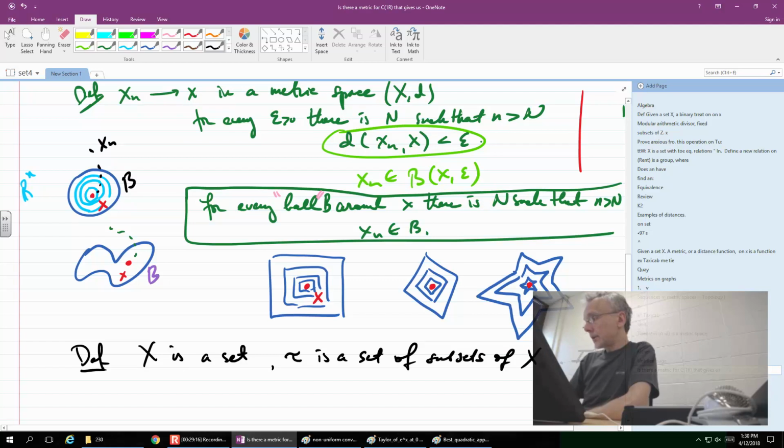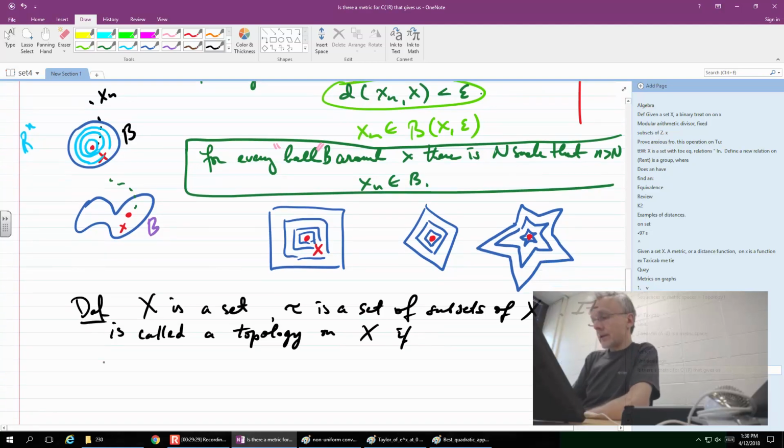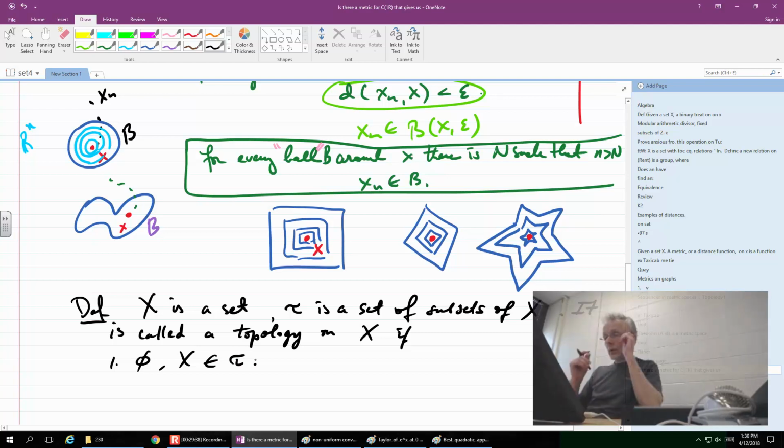It is called a topology on X if the three axioms are satisfied. Number one, the empty set and the set X belong to tau. Okay, so